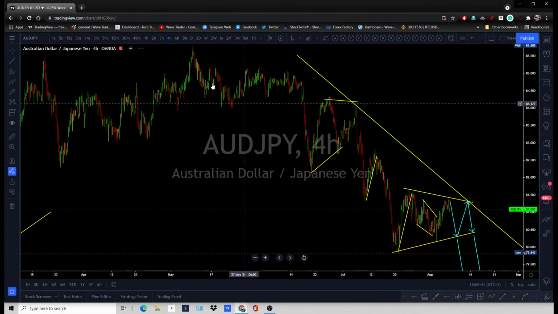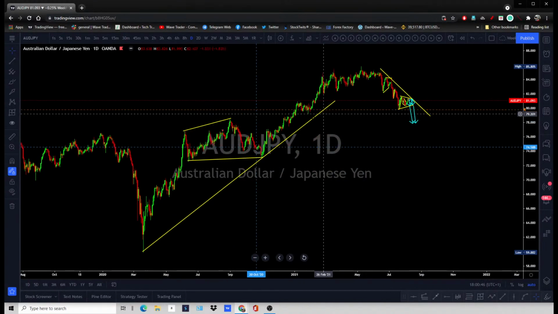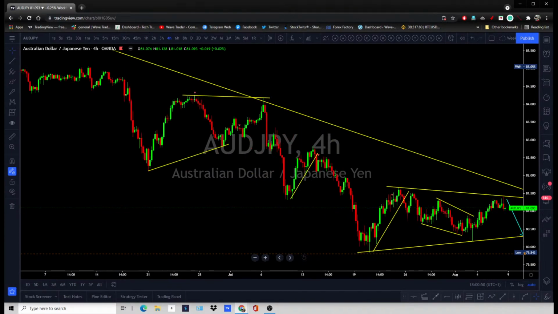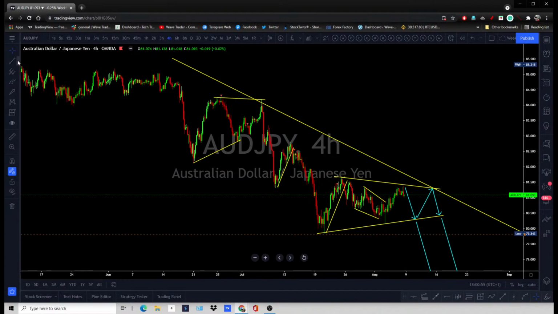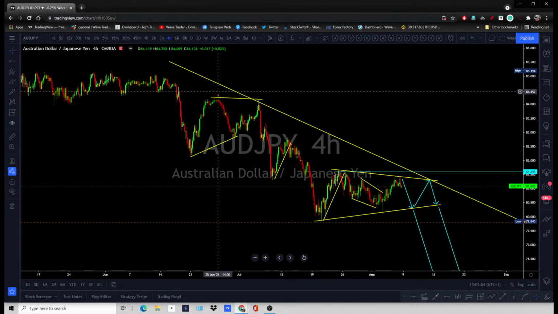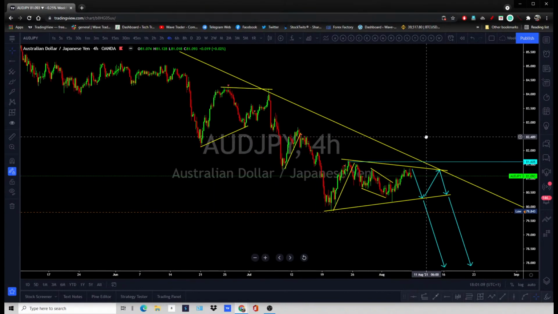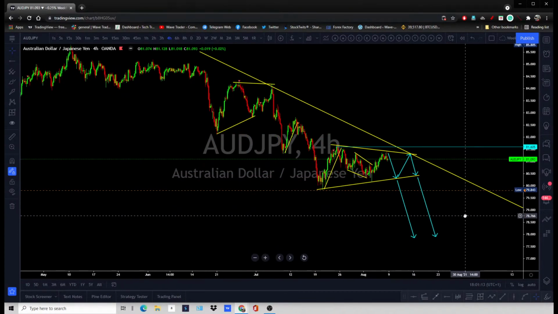Aussie yen, same as the Australian dollar, US dollar chart. On the bigger time frame, we have just recently seen that 20 October. On your 4-hour time frame, that triangle formation: price to stay below that top, right below that top, and your short sell opportunity is going to be over there. It's simply showing a clear, easy setup rather than making it more complex by looking at the lower time frame.